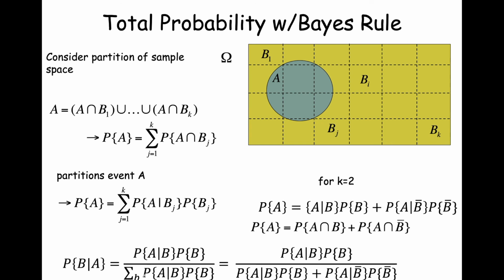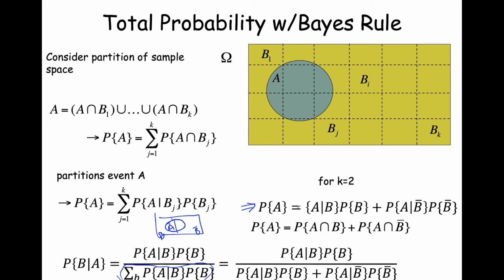So if we had two B slices, so here if K is equal to 2, that's the scenario where you have B and not B, and you have some event A, and maybe A straddles both, and maybe A doesn't straddle both. So it doesn't matter where A is in this Venn diagram. It's the same result. And so now we substitute and we expand out using this particular sum rule that we talked about before for K equals 2, and we just replace this sigma notation for the sum rule with this written out expanded version